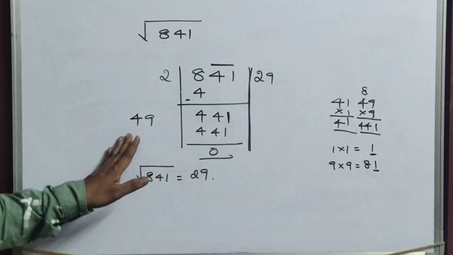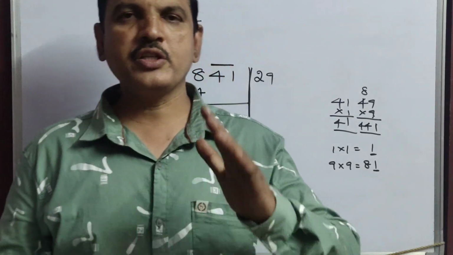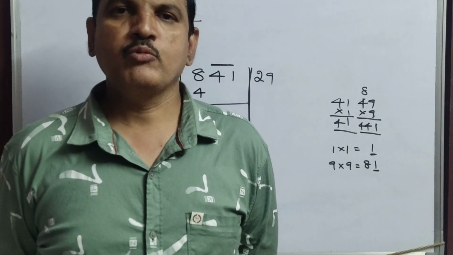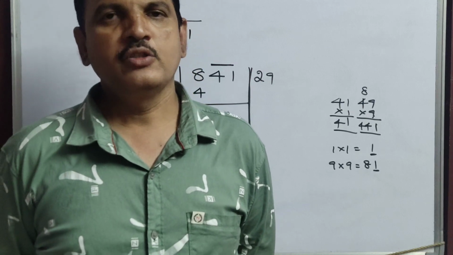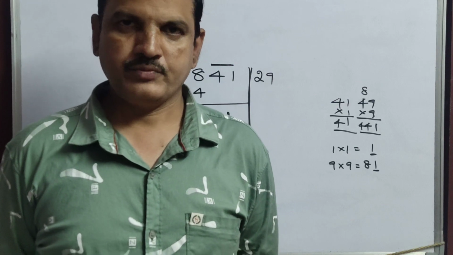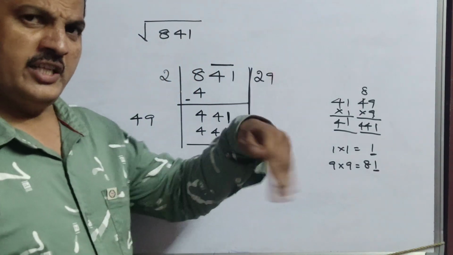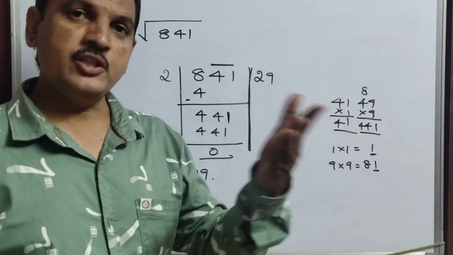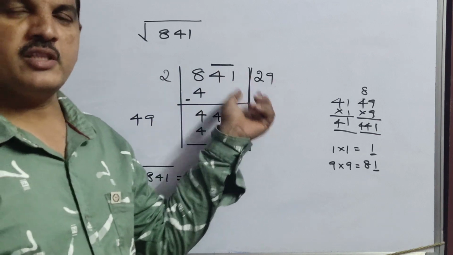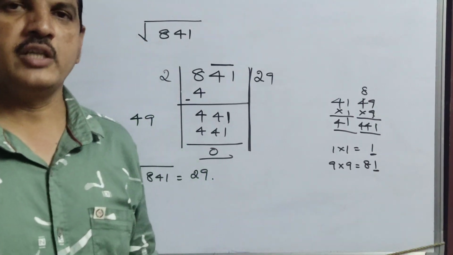Okay? Is it clear, children, now? In tomorrow's class, I am going to teach you 4 digits and more than 4 digits. More than 4 digit sums. Today, I am going to give 3 digit sums as model homework. You just do it, and check your answers also. How are you going to check your answers, you know, children? Here, 29 is there, no? 29 into 29, you multiply. You will get 841. Whatever answer you got, multiply it with the same number and you will get the same answer. If you did not get that, somewhere you have done wrong.